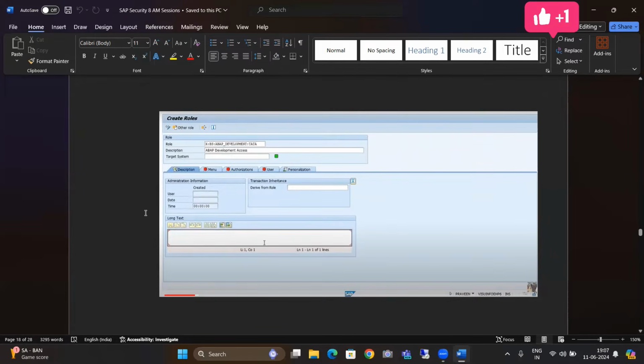Now, this information, see: user, date, and time. For that, we just have to save the role first. Once we have clicked on save role, it will pick up our user ID, date, and time when the role was first saved. And in this tab, in the long text,